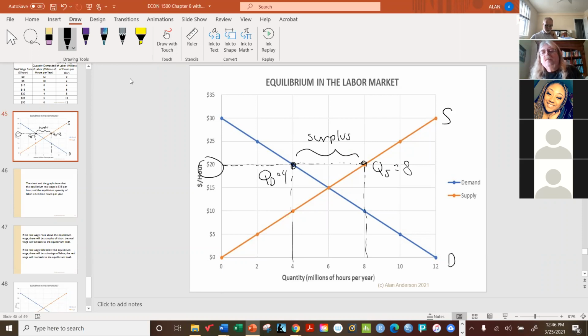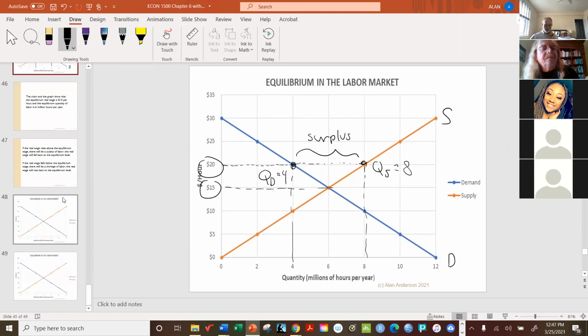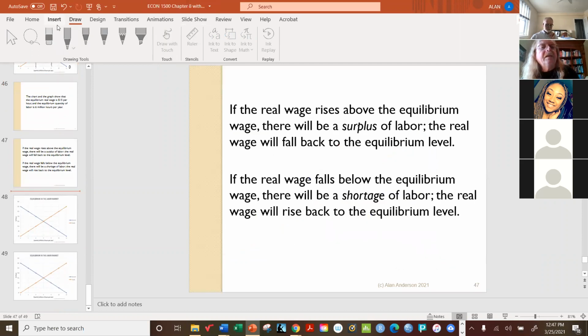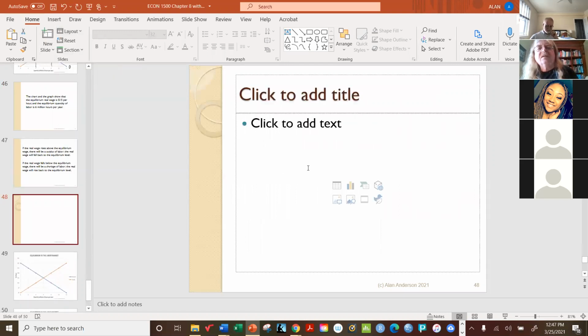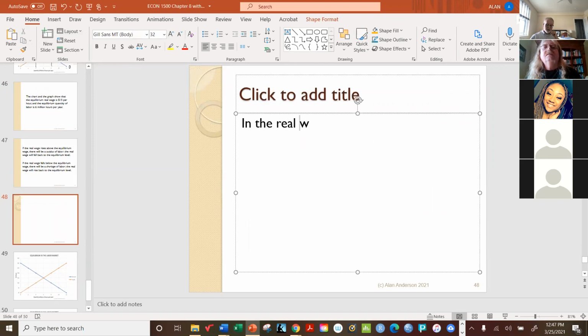Now, in another type of market, the price or the wage would just drop down to the equilibrium level. But economists have noticed something very interesting about wages in the real world. So let me add that in here. In the real world, wages are a very different matter than other market prices. Wages are said to be sticky. Now, what do you suppose that means? Does it mean they're covered with honey? No, it means that